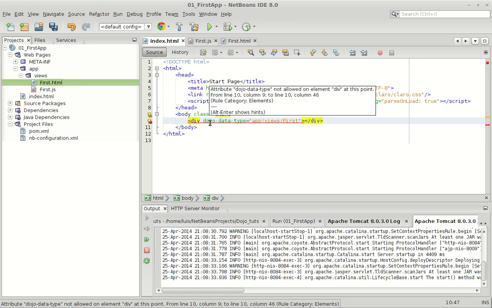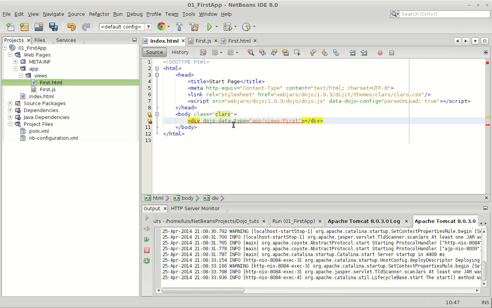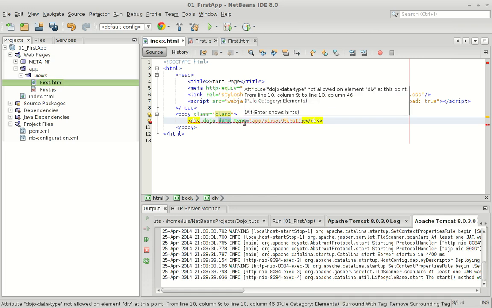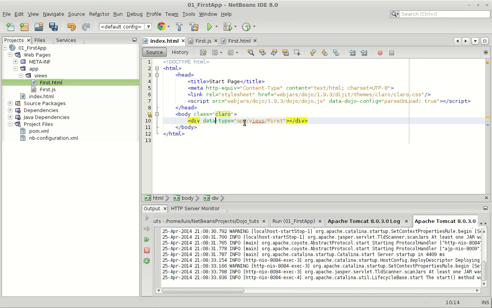What's the problem? Oops, sorry. It's data-dojo-type. I think that's it. Oh no, there is something else that I forgot: the declaration of the packages. In fact, this one is not going to be needed anymore,